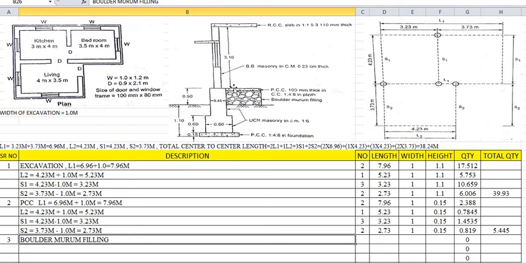That means 3 meters will be started from this. And what is this height? This will be calculated as 0.45 is the second step UCR, and 0.23 meters is the brickwork. So what is this remaining dimension? 0.45 is the second step UCR, and boulder brick masonry width is 0.23. So what is this offset? This offset to be calculated is very important. We have to calculate this offset.